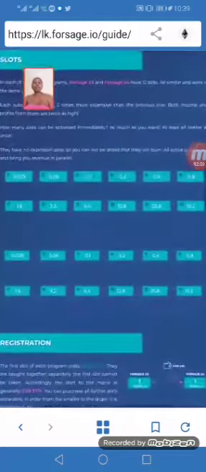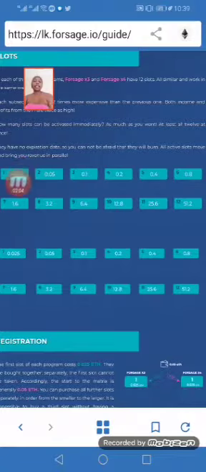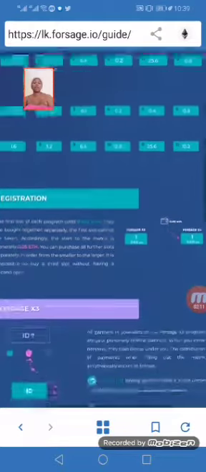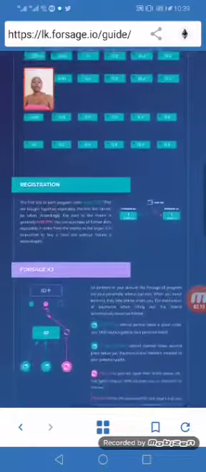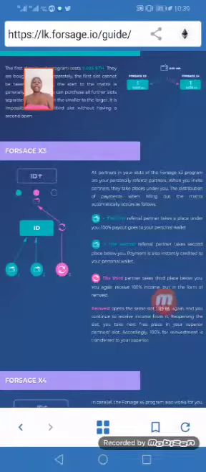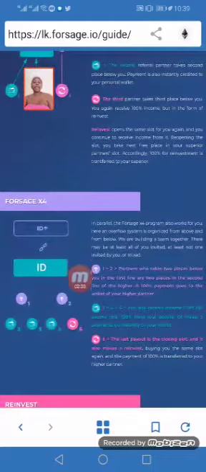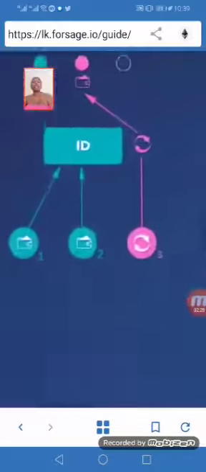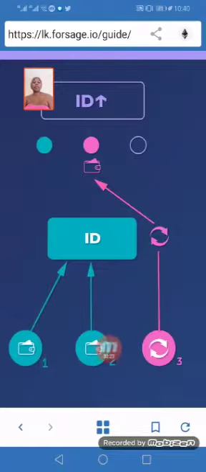You have 12 slots. Each slot is written with the value of Ethereum that you're unlocking, each and every slot, from 1 to 12 on X3 and from 1 to 12 on X4. So the difference between X3 and X4, like I said, is that X3 has 3 legs, 1, 2, 3, and X4 has 6 legs, 1, 2, 3, 4, 5, 6. The difference now is that the blue means money coming to you from the people that you recruited. The pink means it's a reinvestment, meaning you're reinvesting to continue receiving from the slot.